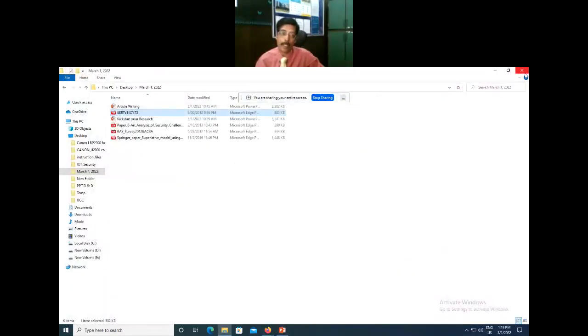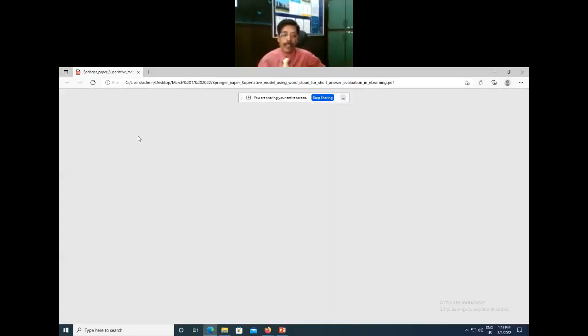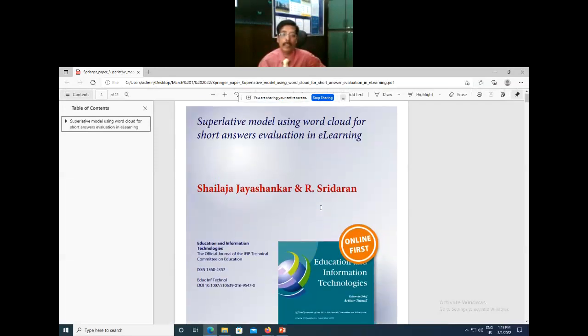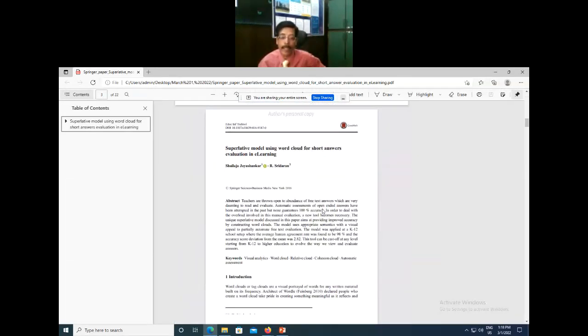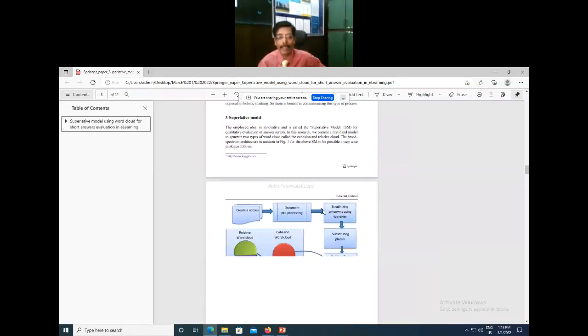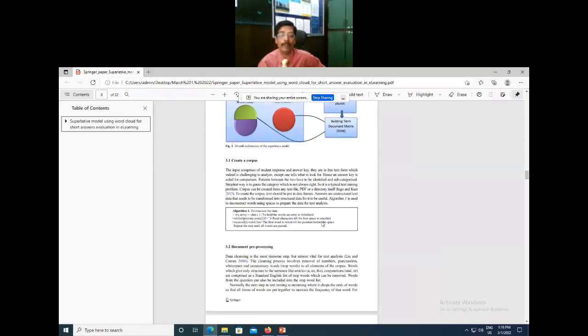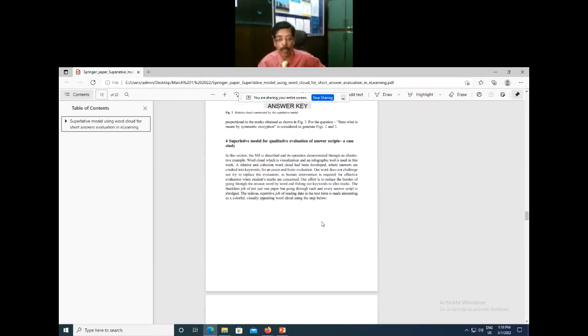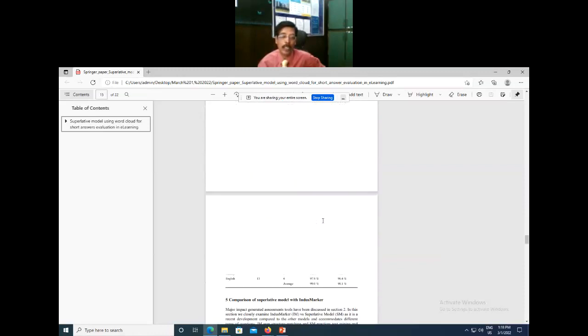And another scholar paper I will quote, it came in an SCI indexed journal. I think the Springer journal. I want to quote it just for your motivation only. This is the SCI indexed journal. Shailaja and Sridharan have done it. And if you see that further, almost they carry the same structure of whatever we have done. Clear? So the survey is important. Without a survey, you can't do the paper.